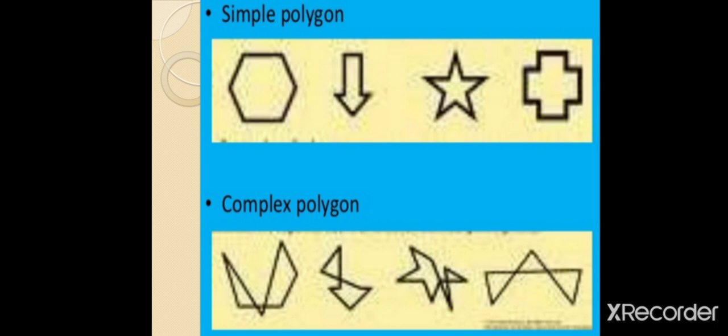But here, if the boundary of the above figure is going to intersect with itself, automatically it is going to convert into a complex polygon. So this is shown. The figure is the same one, but this part is going to intersect here. Arrow, it is the same, but when we fold that one, it is going to intersect at this place. Star, when we take this end below, it is going to cross itself. That's why it is converted to a complex polygon. So these are the simple polygons and this is the complex polygon.